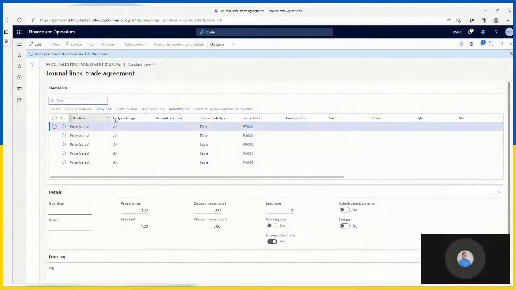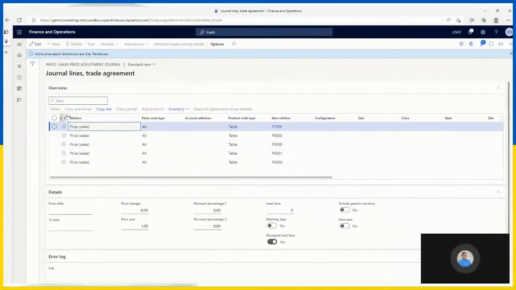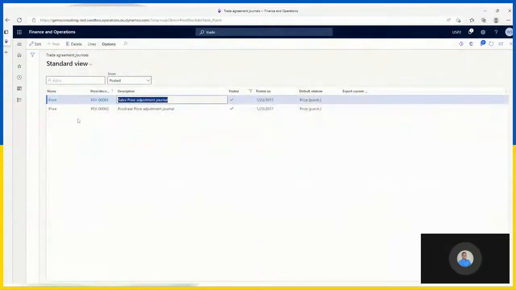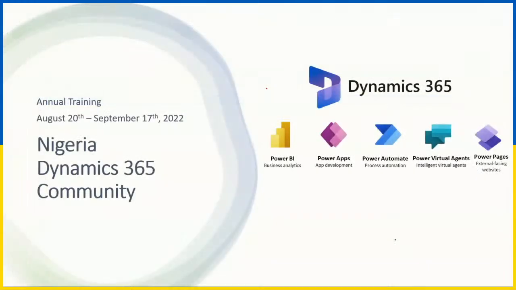So here we have the relation. This is to tell the system that this is a sales price agreement, and we can define sales agreements on items or on item groups. So there we can define the relations. Let's click on edit. If we can edit this, okay, this has been posted, so let's go back to create a new one. Then we can explore this. So I come back to not posted, click